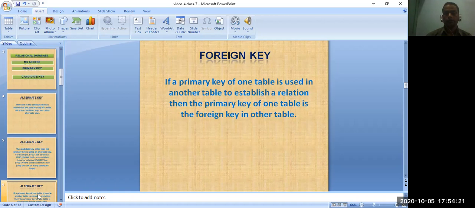Now another important concept: foreign key. If the primary key of one table is used in another table to establish a relation, then the primary key of one table is the foreign key in another table. For example,